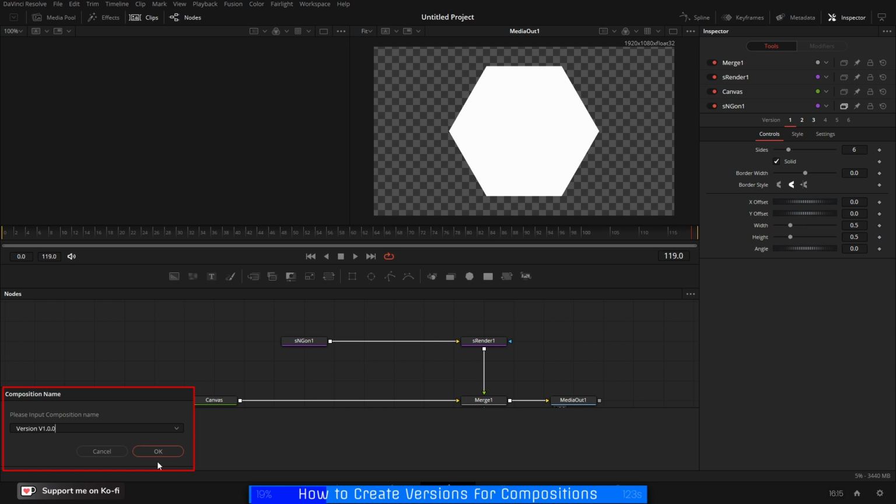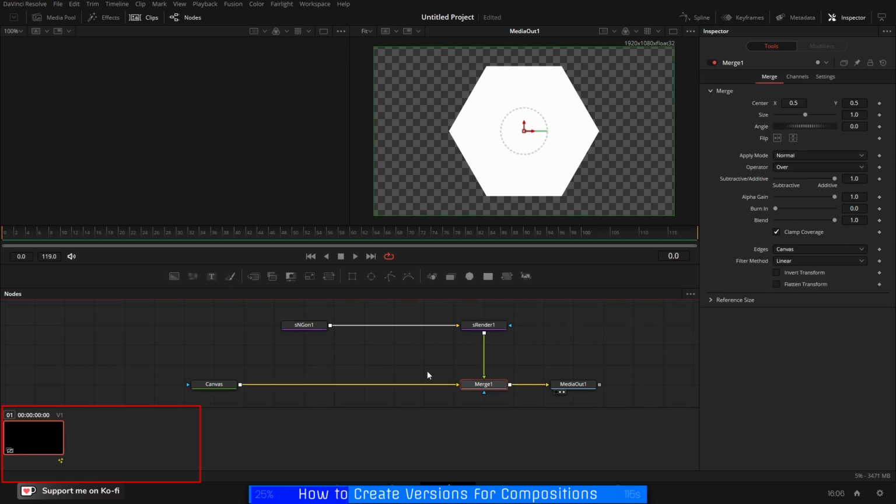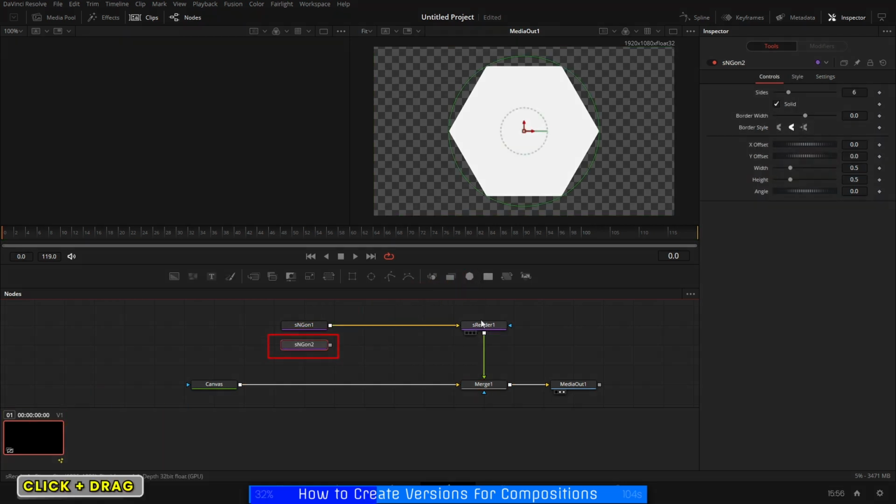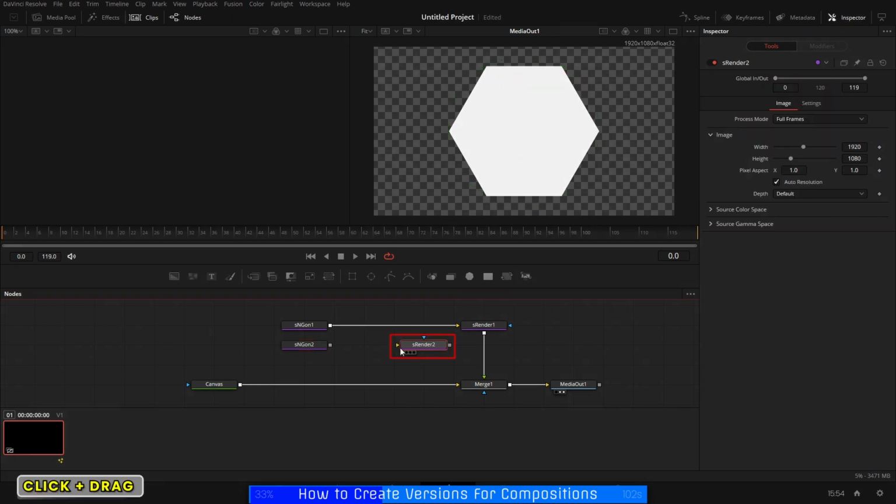I've renamed it version 1.0.0. You can name it anything you want as long as it starts with a letter. And now what I can do when I come back in here, I can create a new composition, and what happens is it duplicates the composition. So now we've got version 1 and version 2, and because the tick's next to version 2, that's what we're working on. Let me bring in another S shape and another render,